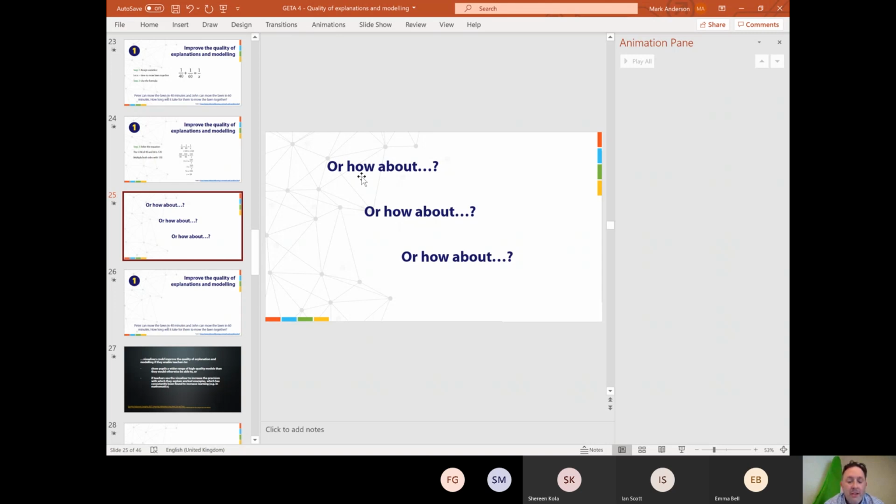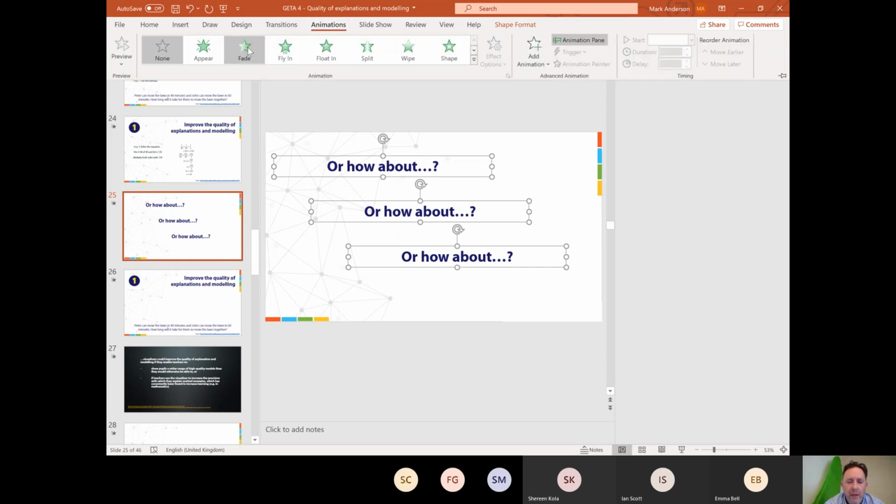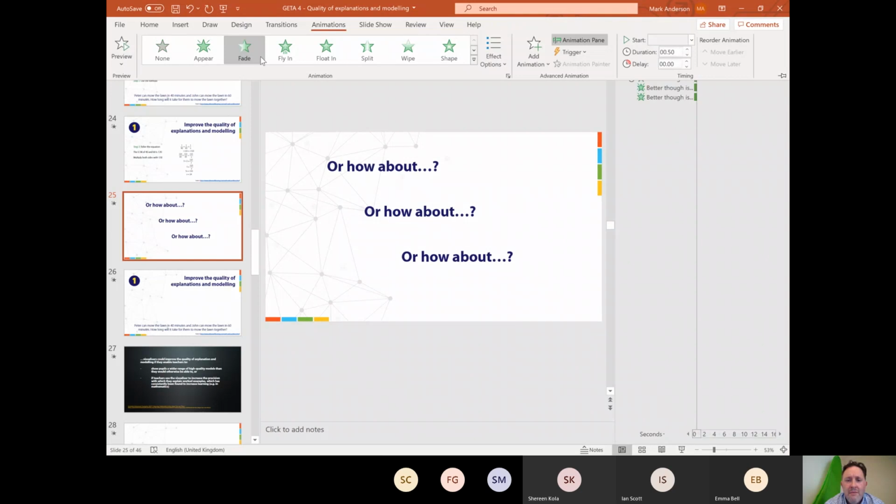So going back to this example of how we animate things in the order we select them. I'm clicking on the first one, I'm pressing Control and keeping my finger on Control. I'm tapping the next one, and then I'm tapping the next one. And now when I go to my animations and I choose my option, which would be fade, let's say, it will do those 1, 2, 3 in the order that I want over here. And if it isn't quite as I want it to be,